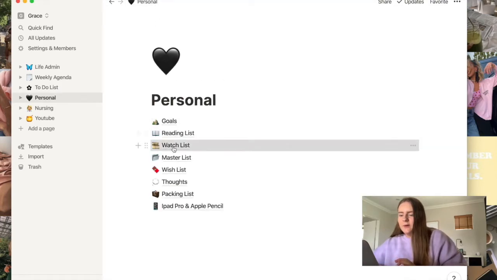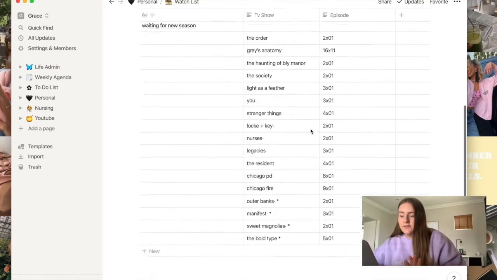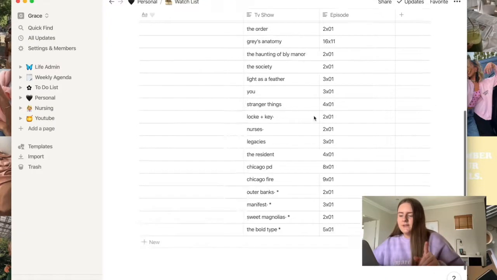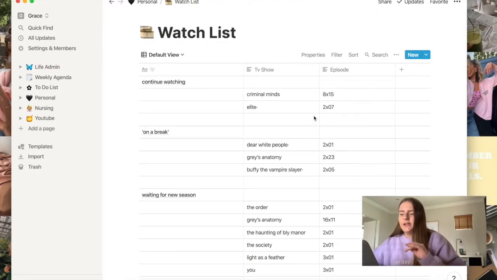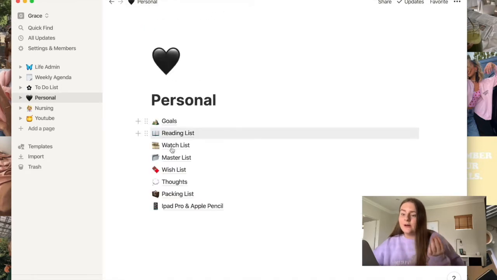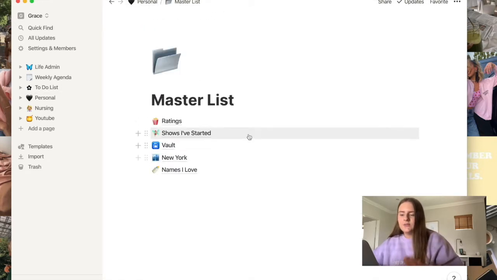And then we have my watch list. This is where I break down the TV shows I'm watching. I also use TV Time for this, but this is just so I can easily see, because not all TV shows I watch are on Netflix and all of them keep track of where I'm up to. Then we have my master list, which is just